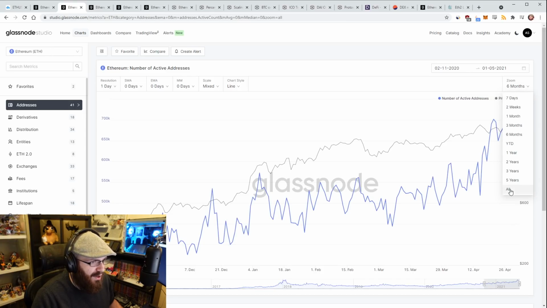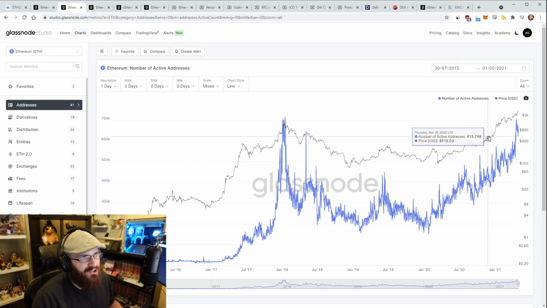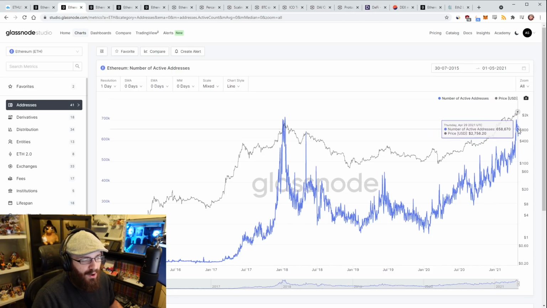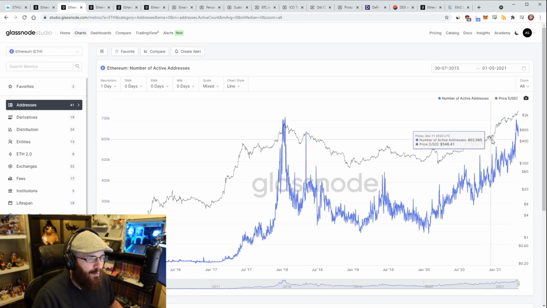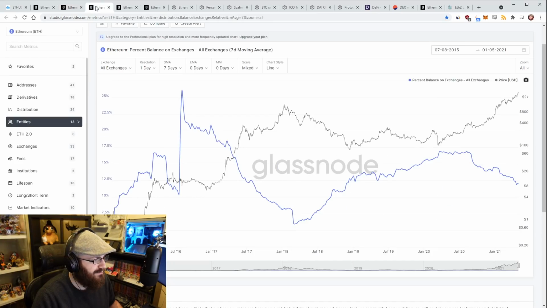But yeah, the final thing here, I guess, is the price action. Obviously, I don't know how much alpha you can get from this metric alone, because if you look at the price action, I would say it's obvious that the price going up would drive more activity on the network, which means that this would probably be a lagging indicator, the active addresses, rather than a leading indicator. Because I think that the activity on the network spikes with price movements, not the other way around. So yeah, still an interesting metric to look at and still great to see it at all-time highs here.